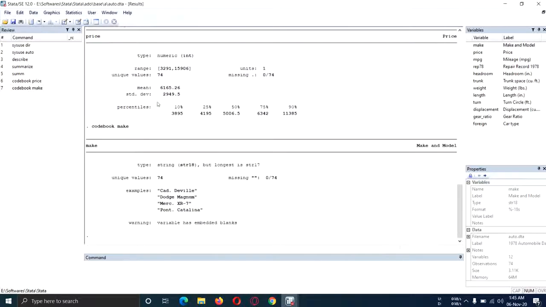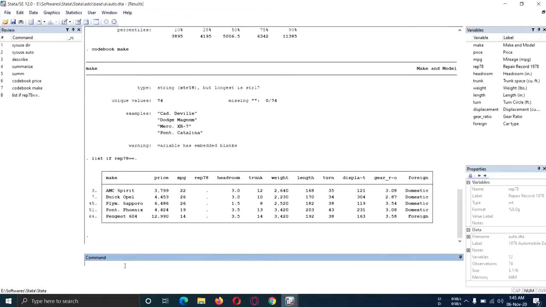If you want to look at those observations, the command is list if REP78 equals, you put equals two times, dot. Dot means missing value. It will give us the list of all those observations in which REP78 is missing.